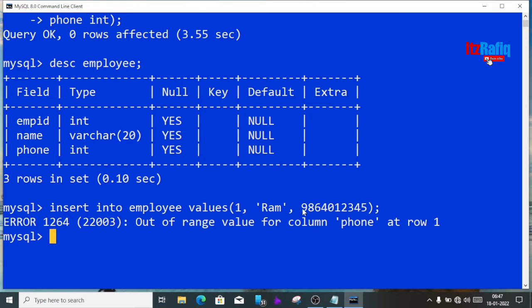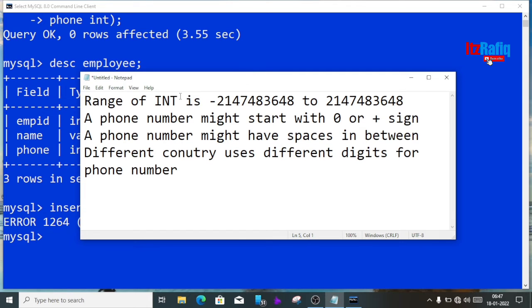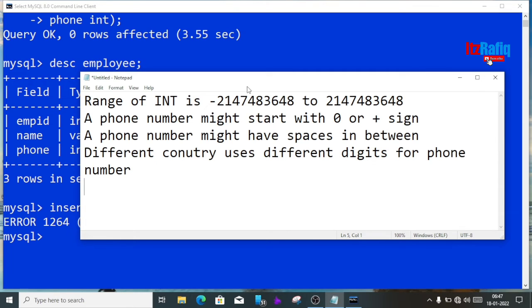Now why did this happen? See here we have a 10-digit number and the first digit is 9. But in an integer we can write only from this number to this number, from -2147483648 till 2147483647. Till that number only we can write in integer.